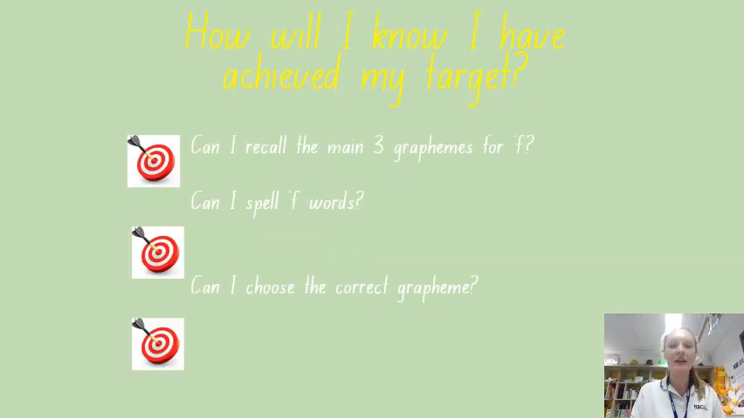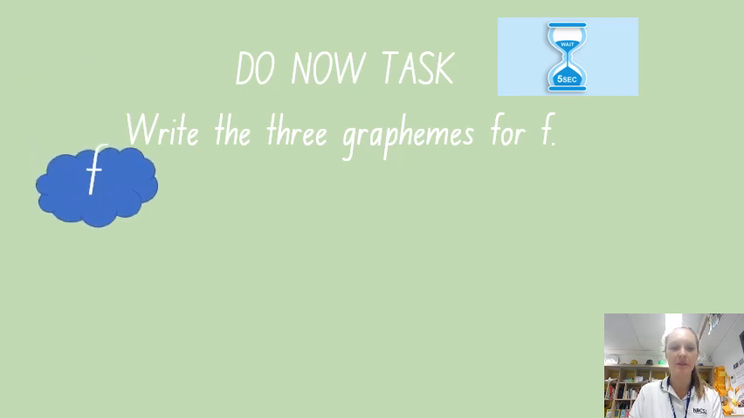So how will we know if we've achieved our target? Whether we can recall the 3 main graphemes, whether we can spell words, and if we can choose the correct grapheme. Okay, so to start us off, I'm going to give you guys 5 seconds to write the 3 graphemes for the phoneme. Ready? You have 5, 4, 3, 2, 1. Okay, the 3 graphemes we have are F,